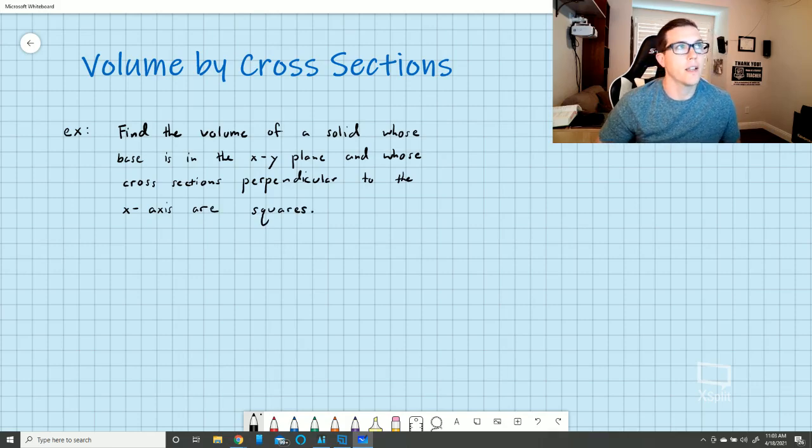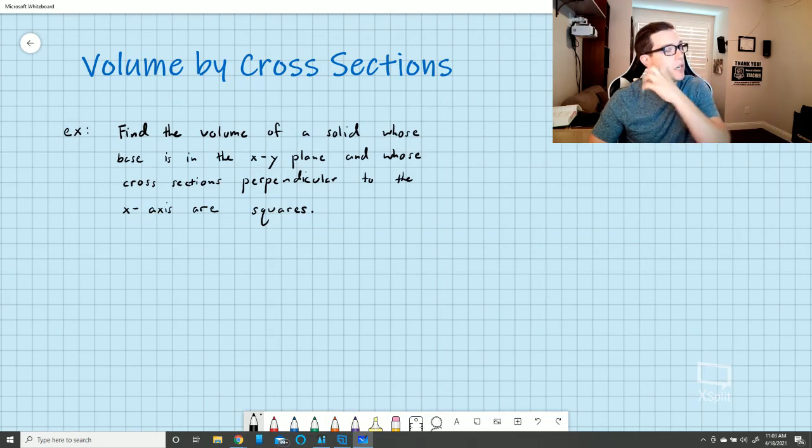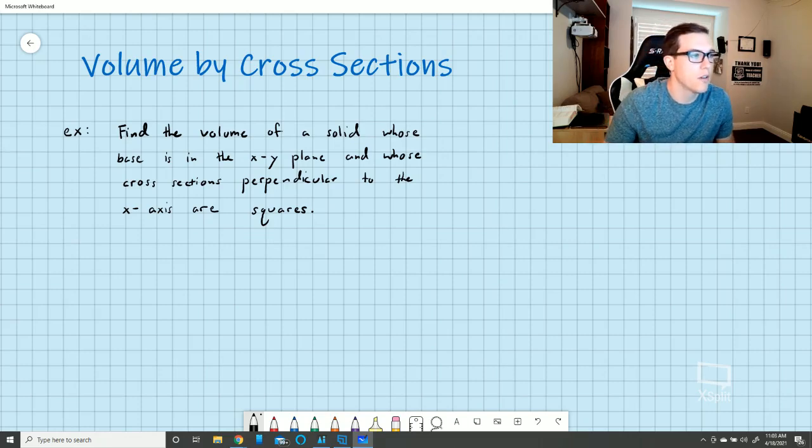Okay, so we're still finding a volume of an object. We're still going to have an area. When we did volume by rotation, we had the area and then we rotated it around the axis, either the horizontal or vertical. This is similar, but it's a little bit more specialized in what you can actually do. Oh, and I forgot to give you